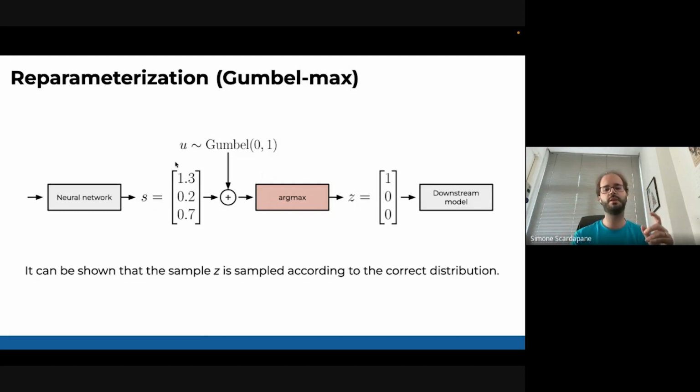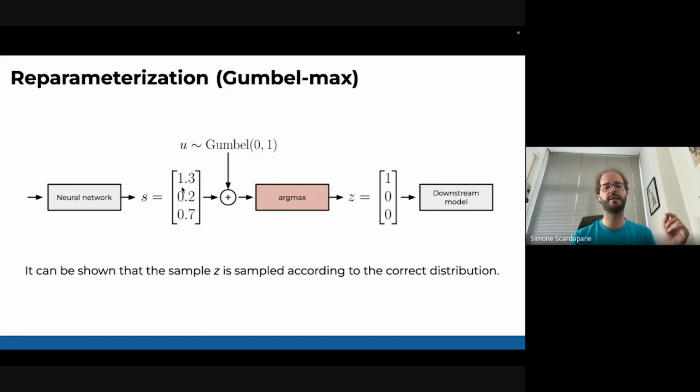But let's say that we take these scores and add some noise, and this noise is fixed. So when you compute the gradient, it doesn't go in this direction. You see, we have nothing stochastic on the path of the gradient, which is nice. Then we take the argmax.